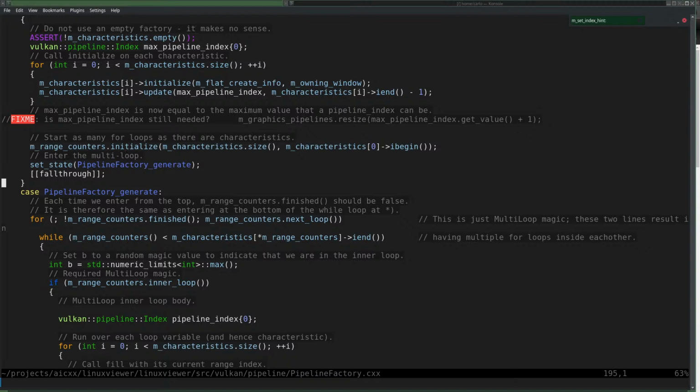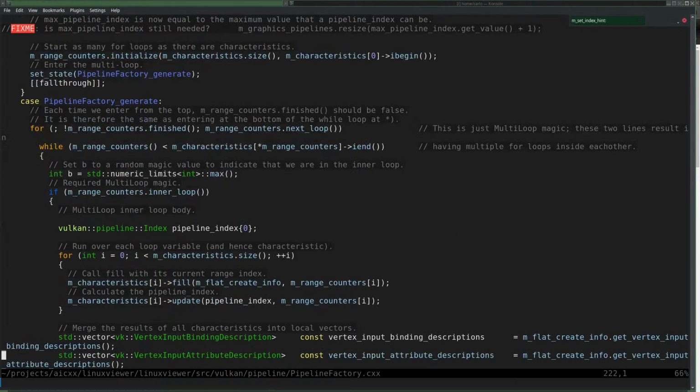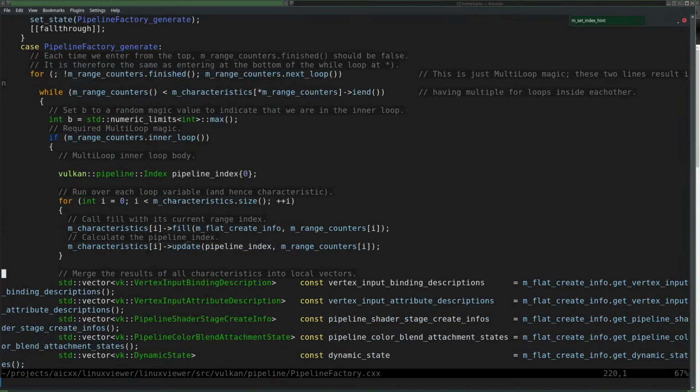And the shaders are compiled in this line here, initialize. But I don't have to wait until it crashes. Or do I?